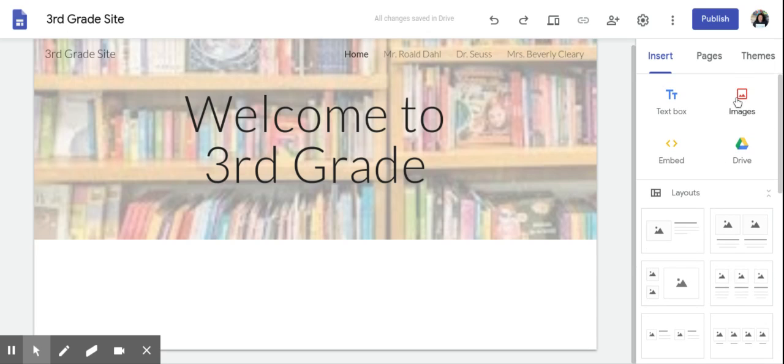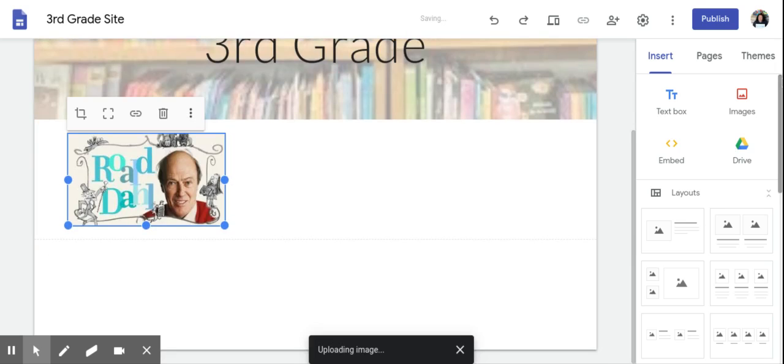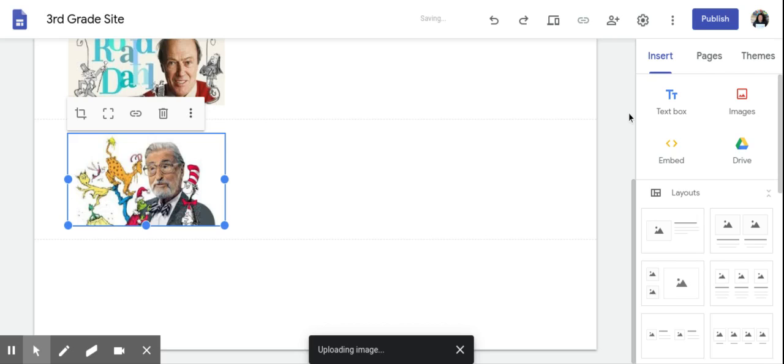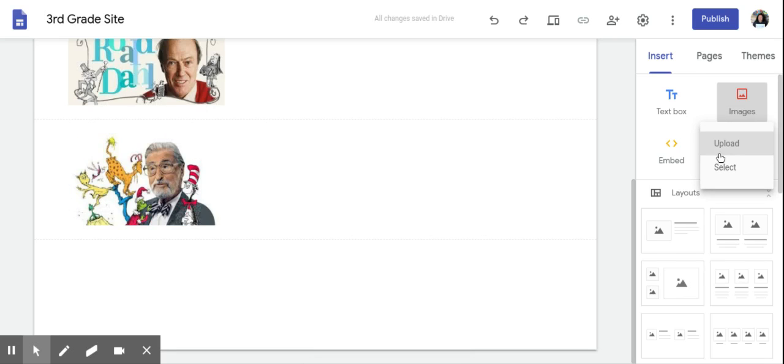I'm going to just simply add in my images. And again, you can use select and do the stock photos, the Google search, get them from your drive or so on. But I have put some photos on here that I have saved. So I'm going to use the image button. And I'm going to put this picture. I'm going to add and upload another image of Dr. Seuss. And then I'm going to do the same for